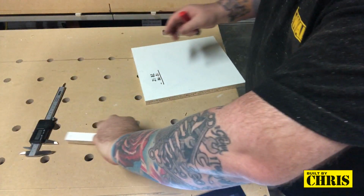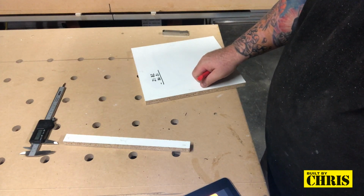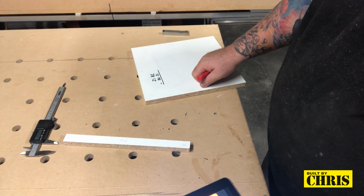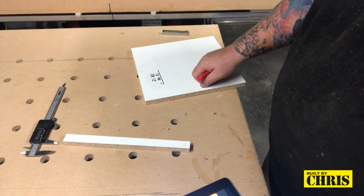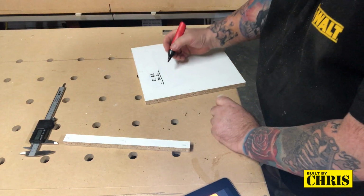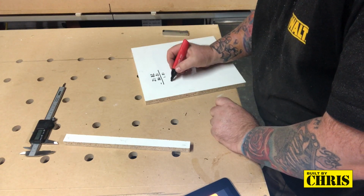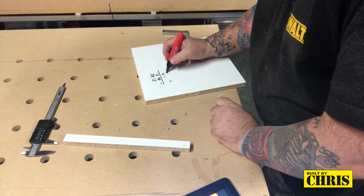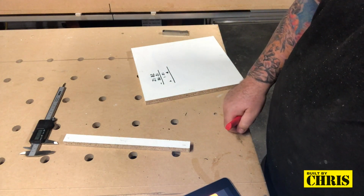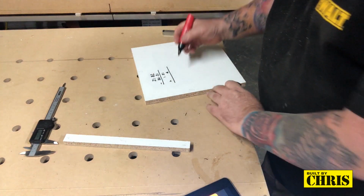Okay. So 21.82 minus 20.31 equals 1.51. 1.51. Now I divide that by 4. So divide that by 4. And that gives me